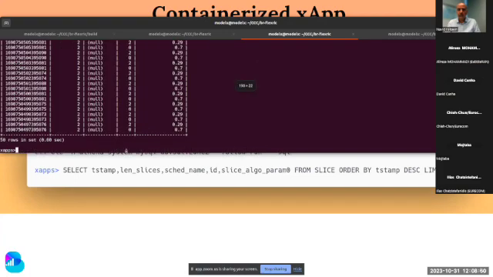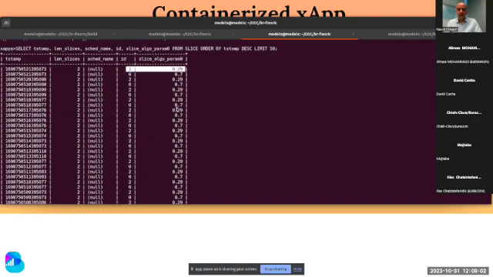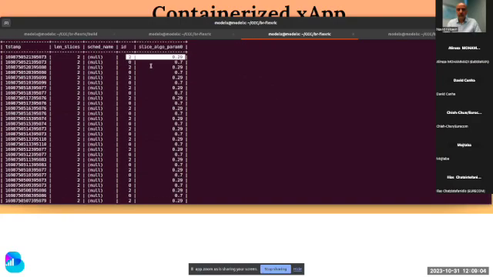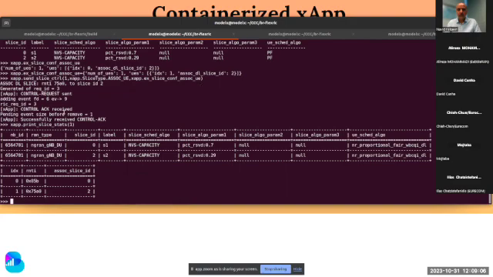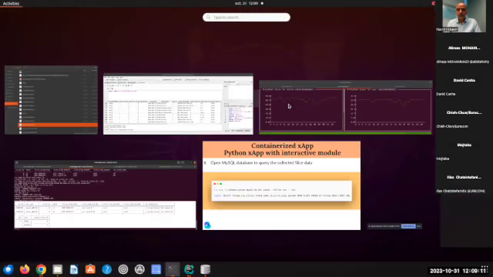You can see there's data coming in, which is the current slice state. There are 2 slices, slice ID 0 with 60% of resource, and slice ID 2 with around 29% of resource in here. This is from a database, which is the same as if you print the slice state in this interactive xApp. So let's check